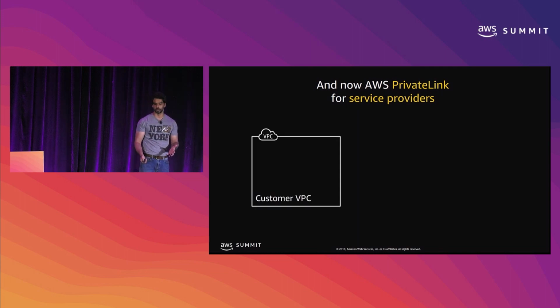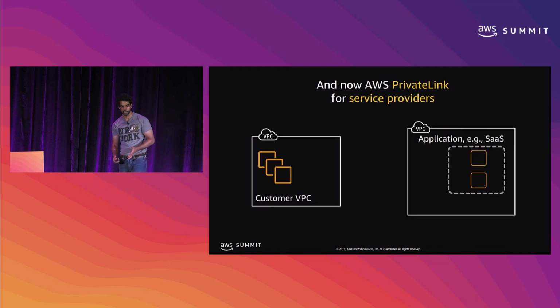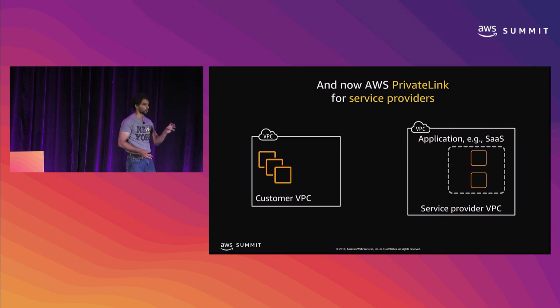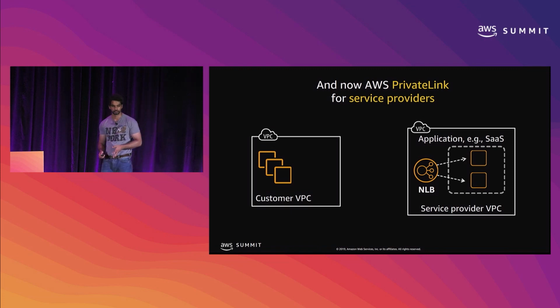So let's say you're a service provider, and you have an application, software as a service, which you want to expose to the customer's VPC, but you don't want to expose the entire VPC and all the resources in that. You just want to expose this particular service, which is running on these 2 EC2 instances. So how do you do that? First, you create a network load balancer, point them to your resources you want to expose,